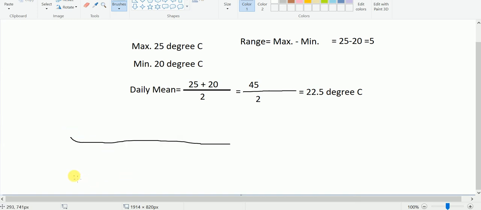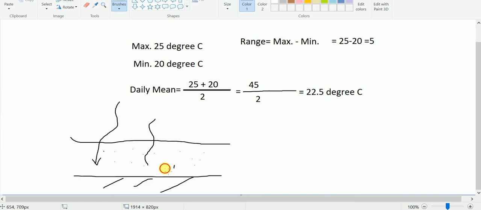Yes, we know that the desert areas are covered with a thick layer of sand, right? And these sands are not compact. So in the daytime they may absorb heat but cannot retain heat. Since it is loose, there will be rapid radiation cooling at night. Whatever is absorbed during the daytime from the sunlight will be radiated back very quickly during the night time, because it is covered with loose sand, and that is why the temperature drops very quickly.